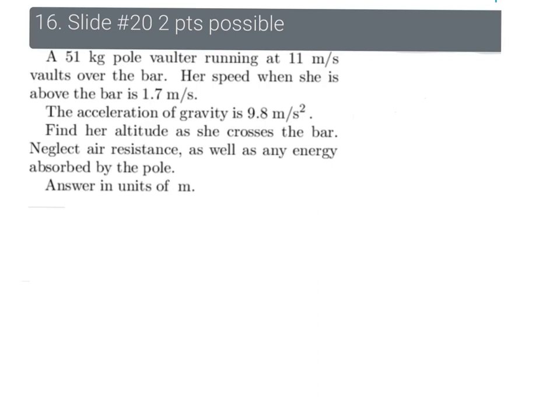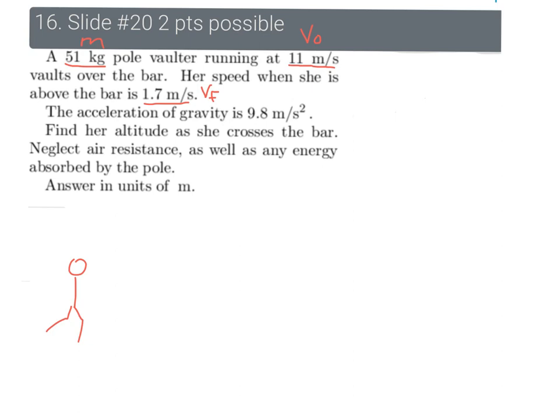Okay, so we have a pole vaulter. They give us the mass of our pole vaulter, and they give us the initial velocity that they're running with. And then we have their final velocity when they're up at the top. So if we're going to draw a situation of what's going on here, we have our person